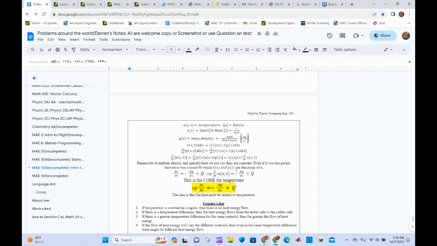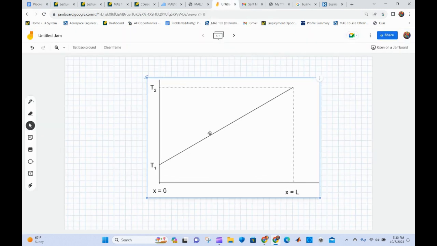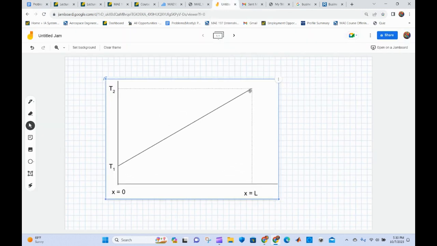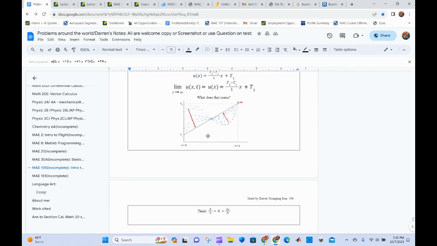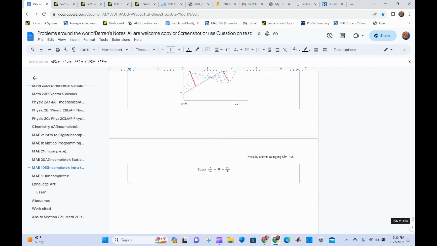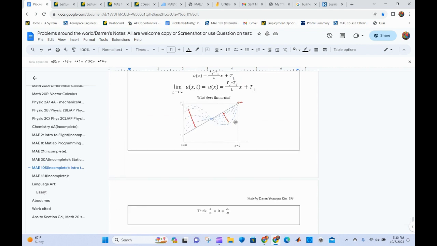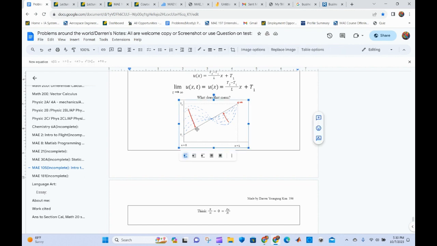If it's not understandable, we can go to a Jamboard and try. Oh, there is my graph I used. Yes, this is the graph I used to draw this out over here with the lines. But what I'm basically showing here is that no matter what kind of wonky profile, this one over here, I think there's a lot of heat over here. The temperature, if you measure it over here, was so high. Over here is lower, but it goes to this equilibrium because